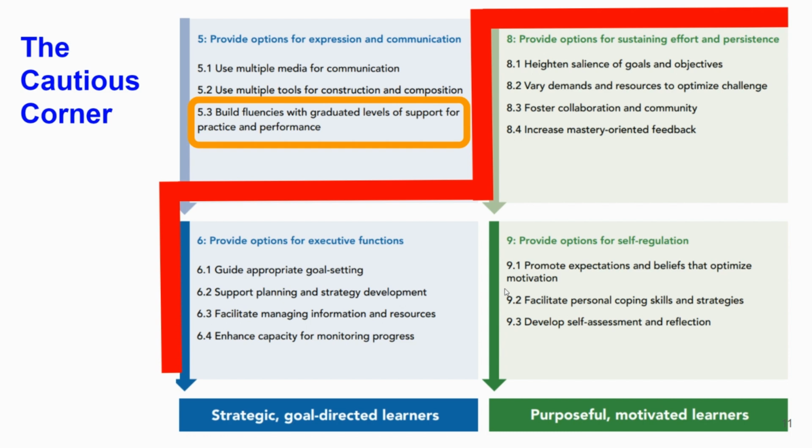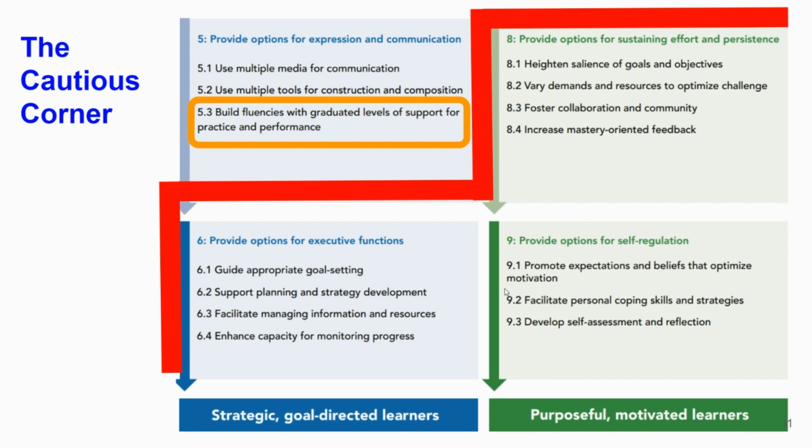And then we look at 9, and it's just a big adulting mess when we think about our middle grades learners. So self-regulation is super important to us. We definitely want to keep your hands and feet to yourself unless there's a need to use them with someone else. But when you look at 9.1 and you think about expectations and beliefs that optimize motivation, we all know adults, or we felt ourselves, that I don't always have expectations and beliefs that I'll be motivated to do something. Sometimes I feel like I can't do this. And I think that will resonate with many of us.